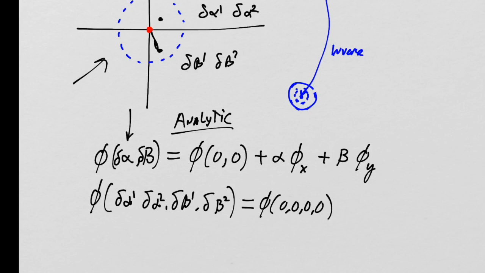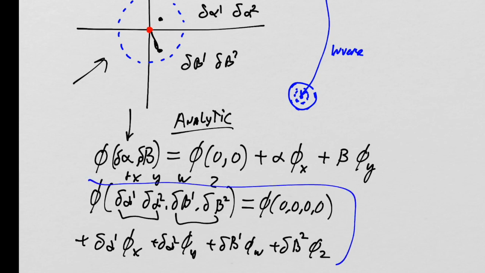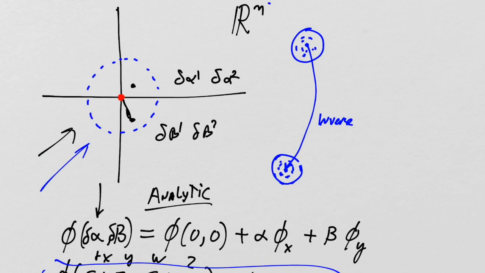Right? This is more akin to what we're doing here, right? We have 4 different coordinates, one for the first group element, one for the second. So this will be plus delta alpha 1 of phi with respect to the first slot. So now we have to name these slots. So we'll name it x, y, w, z. So phi x plus delta alpha 2 phi y plus delta beta 1 phi w plus delta beta 2 phi z, right? And then higher order terms. So this is the linearization. This here is the linearization of literally our situation here where we've actually sort of set eta to be 2,